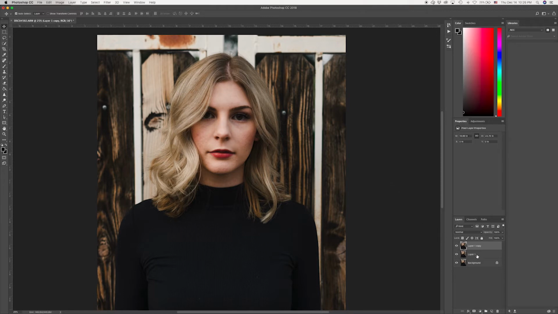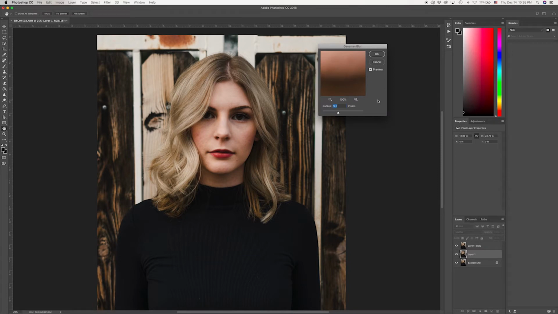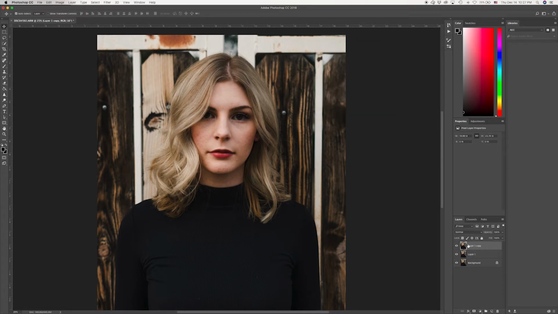You're going to select the first one and you're going to apply a Gaussian blur to it. Usually I do about 5. You can see here what the amount of detail is. We'll see what the difference is. 5.8 seems about right. Then you're going to go into your layer 1 copy, your second copy of the background,